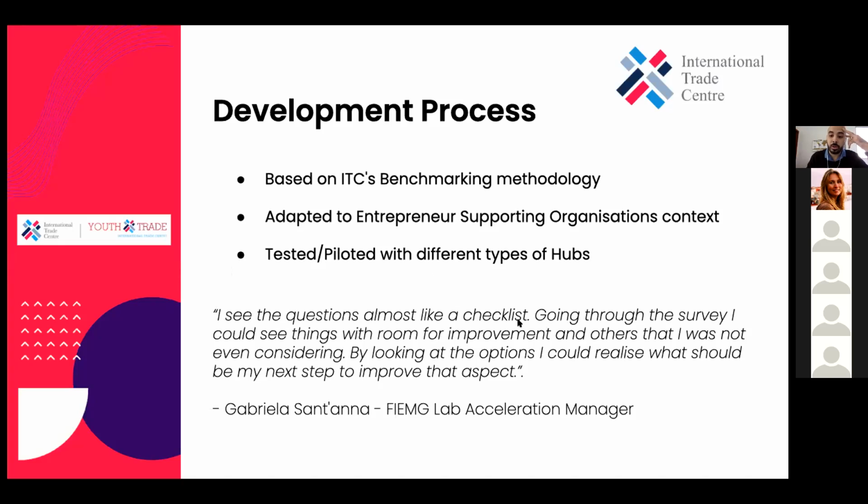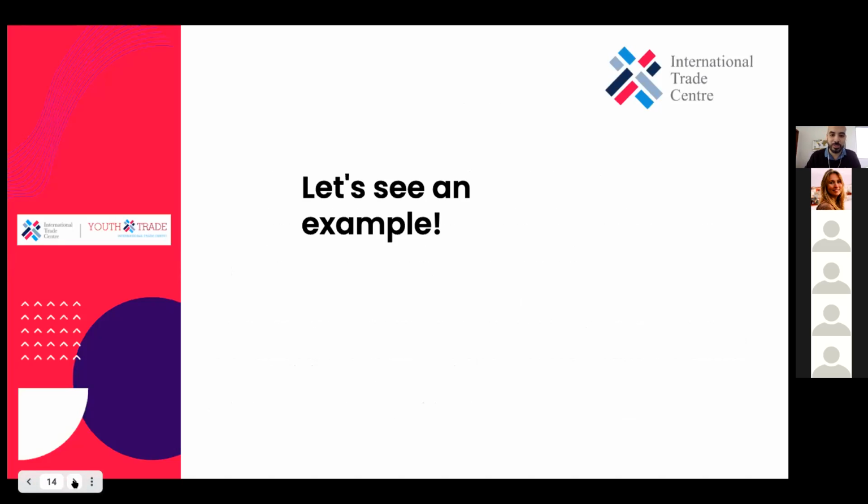By looking at the options, I could realize what should be my next step to improve that aspect." So yes, you can look at this tool as a checklist. I deeply recommend you go through them, and later on I'll also suggest some best practices on using the tool itself.